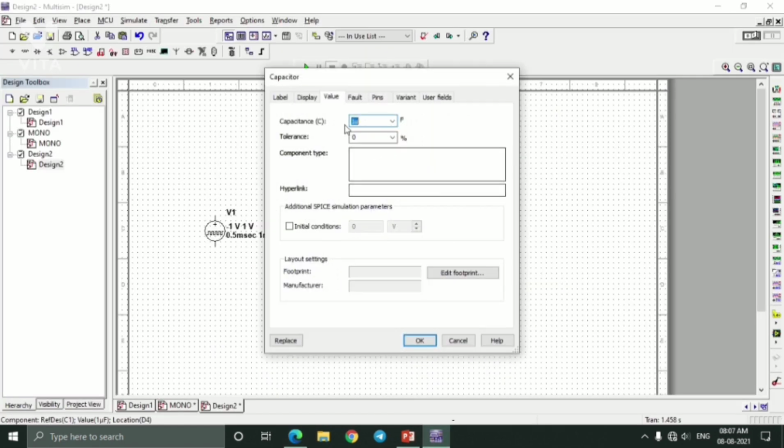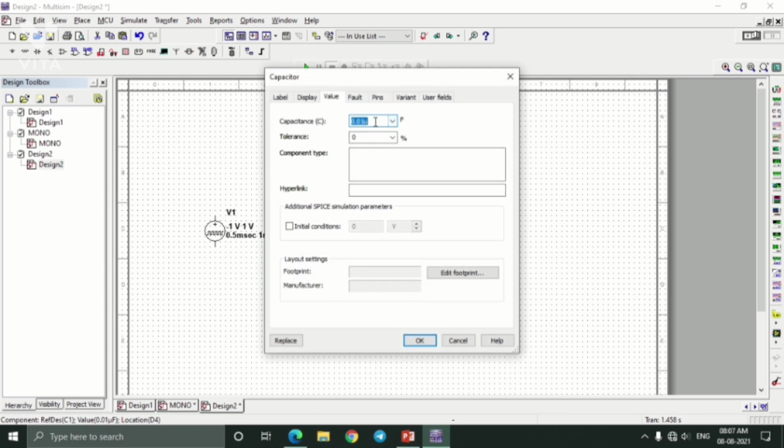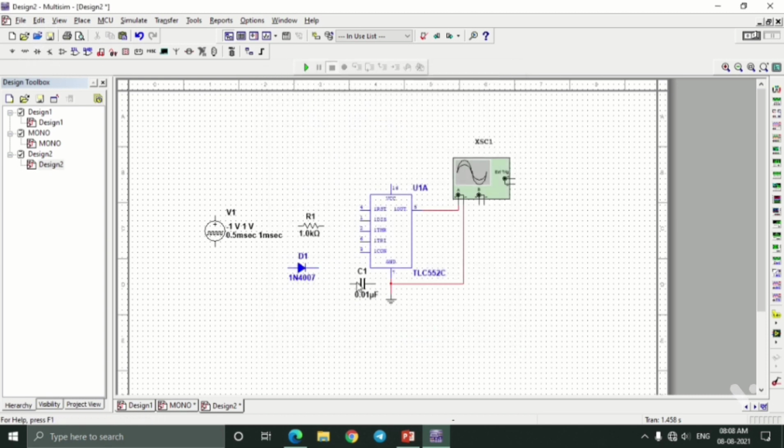Double tap on the capacitor and it will open the capacitor window for the value. You need to change it to 0.01. Click OK. If it is not in microfarad, then you can change it using this arrow key, or else you can just type the small u symbol, which represents micro, and click OK. Connect it in between terminals 3 and 7.